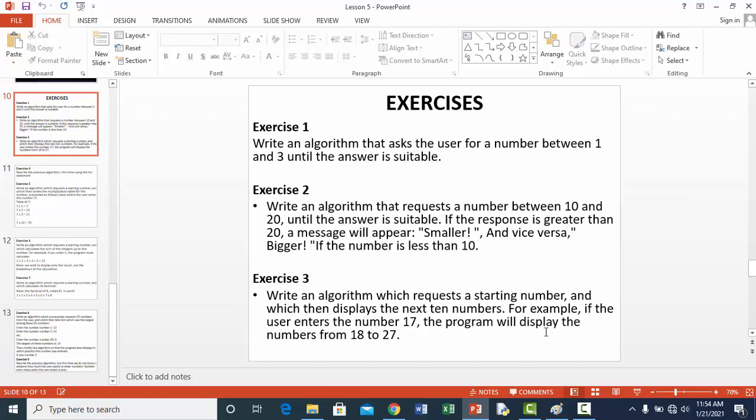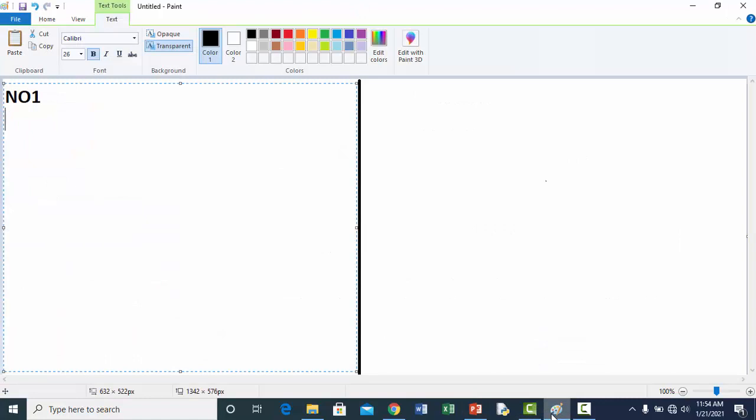Let's do that. We are going to declare a variable that will store that number as an integer. We are going to start our program and write